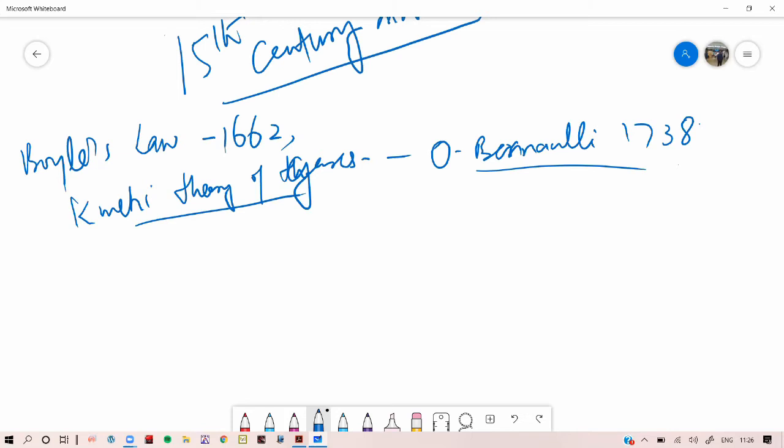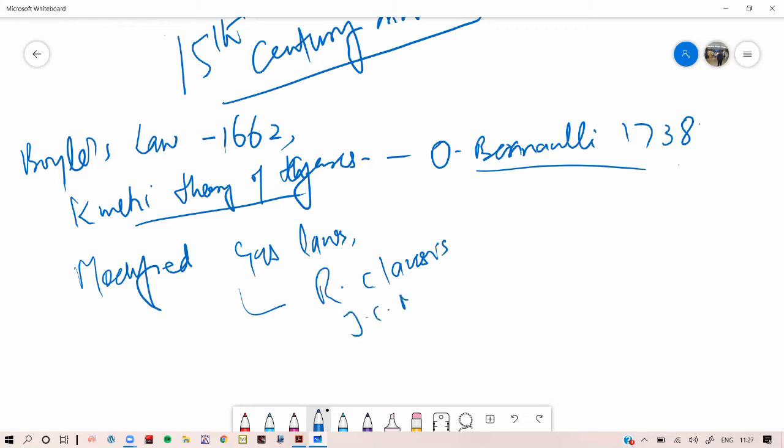Then these were modified gas laws. I will not go into the details of what the gas laws were or what modifications were done to them. I'll just give you an idea about how the concept of the current structure of atom came into existence. So the modified gas laws were modified and developed by Clausius,